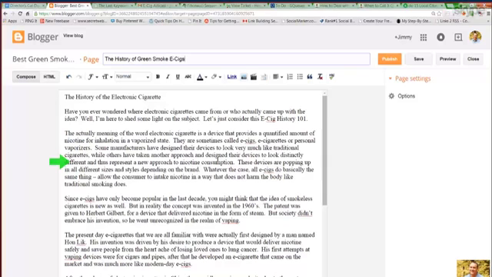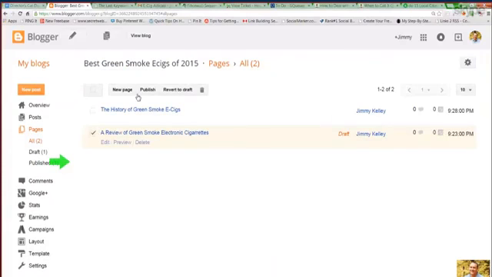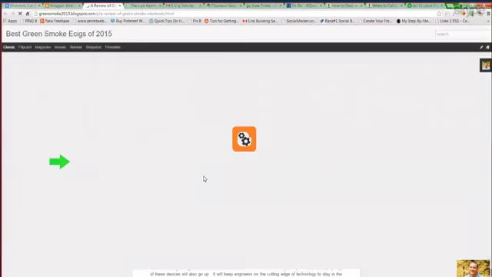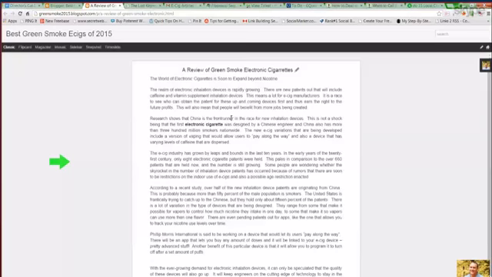So we're just going to hit publish. And we need to come back in here. We need to make this one publish. Okay, so now we got 2 pages here. So let's just go take a look at these. So in here you go. So we have our